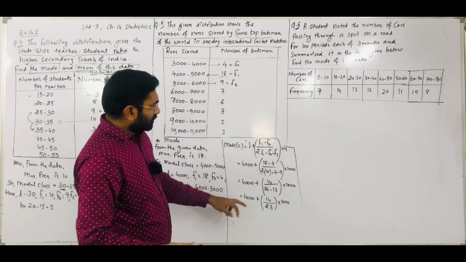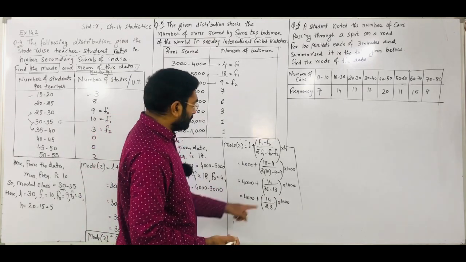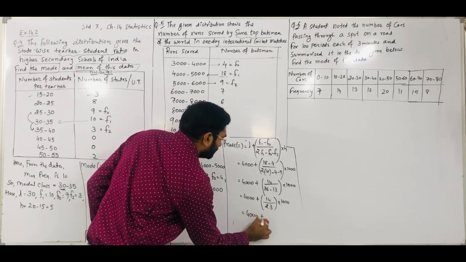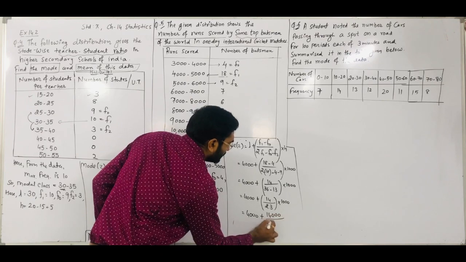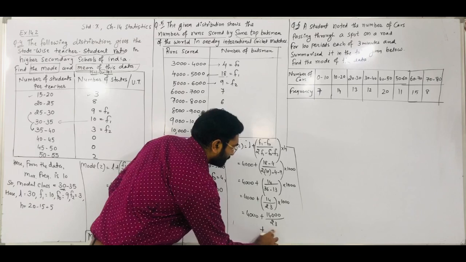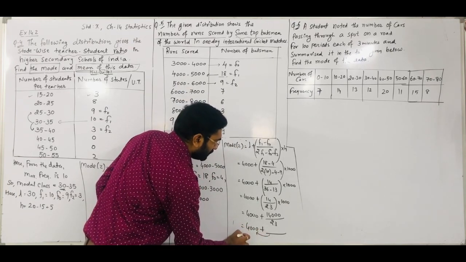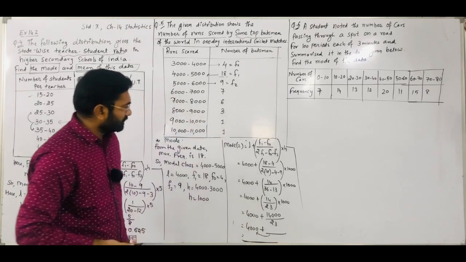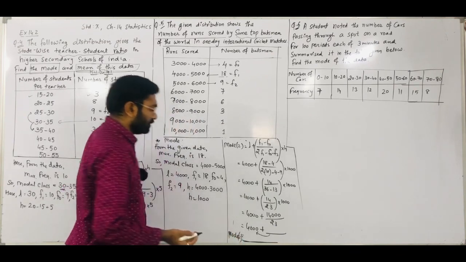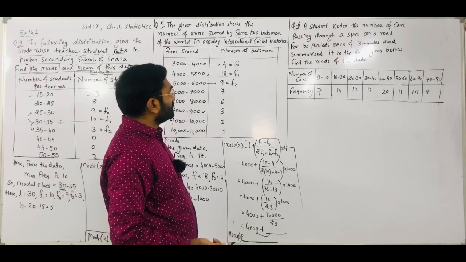Right? So what we have to do? We have to do the 14 division by 23. Otherwise, 14 into 1000, so 14,000 divided by 23. Try the division yourself, and whatever you get in decimal form, add it to 4000. So at last you get your answer, which is the mode value of the given observation, the mode value we get. Now in the same way, see question number 6.